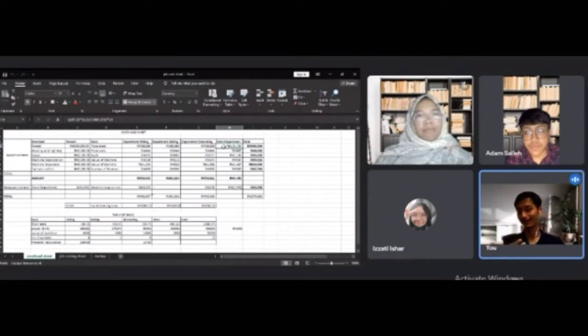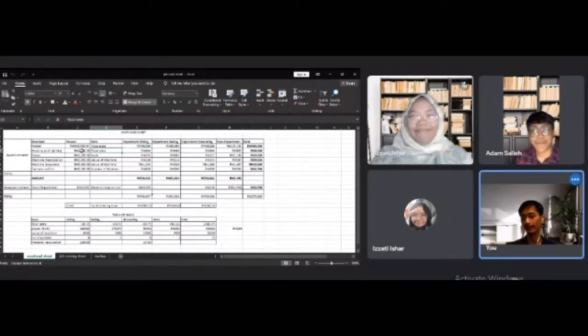The second overhead was heating and lighting. The basis we use is power, kilowatt per hour. So for department mixing, the budget kilowatt per hour we calculate was